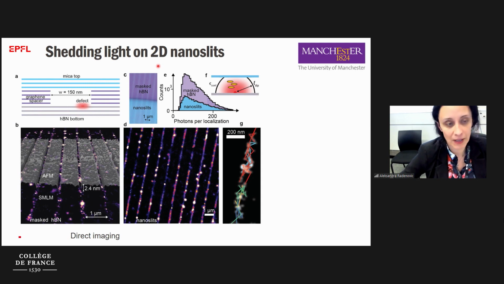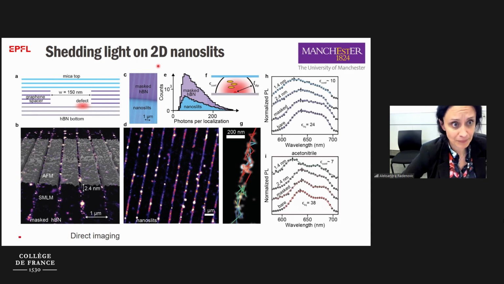And do we see, and the question was, will we see this spectral shift as a function of the size of the channel? And indeed, for both solvents, acetonitrile and ethanol, we can see an influence of confinement. So the spectral shift moves and indicates the level of confinement. We can also reconstruct the